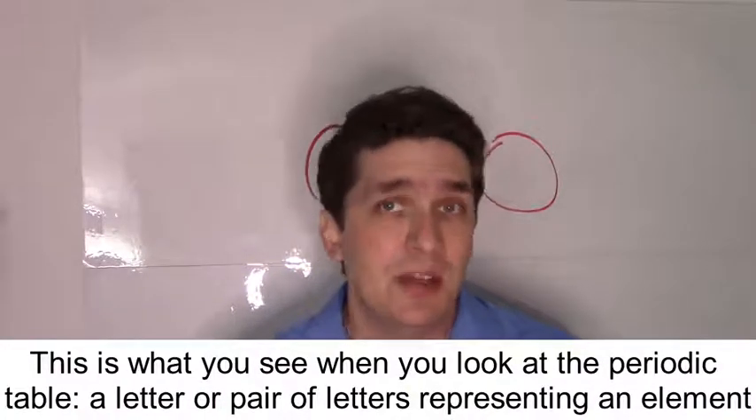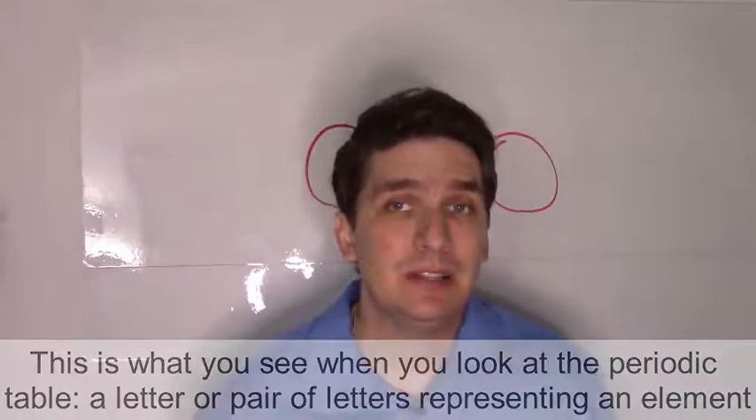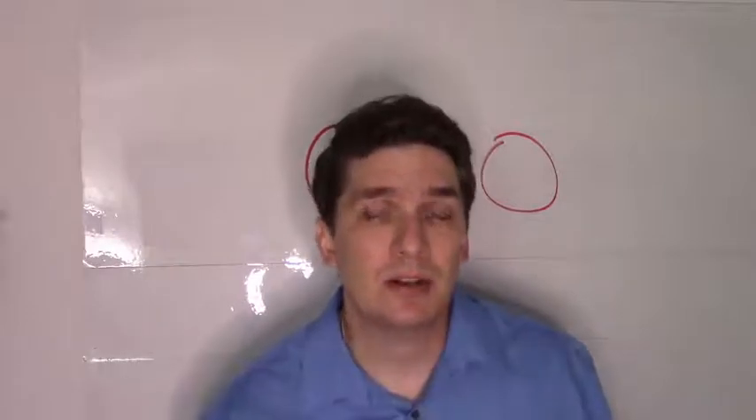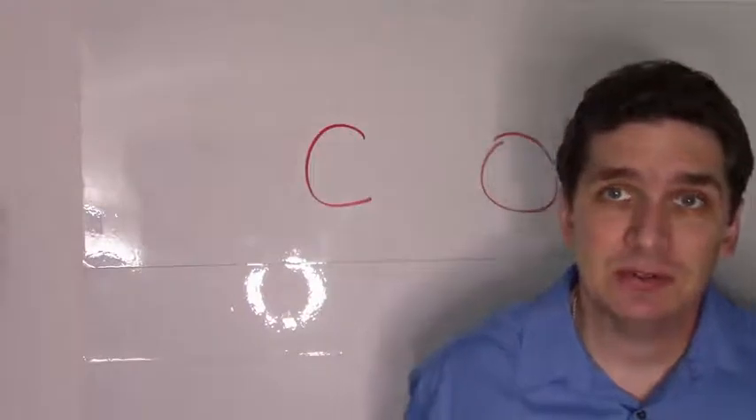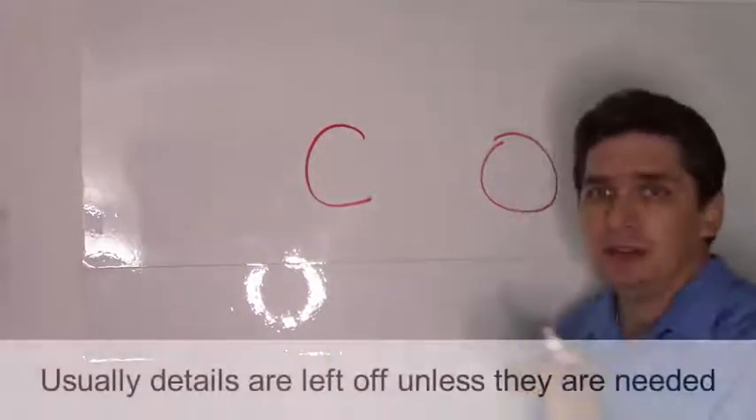But there's other information we can put in there, and traditionally we leave this information off unless we really need it. So if we're writing carbon and oxygen formulas, we don't put these numbers in there because we don't need them. They're extra information. But if you were to write the full symbol,